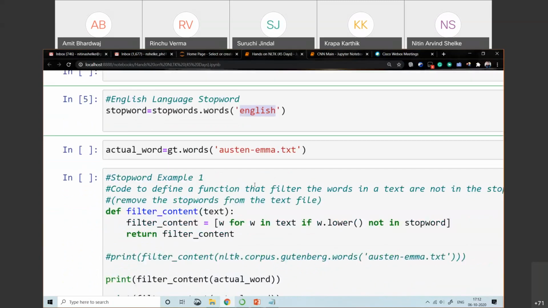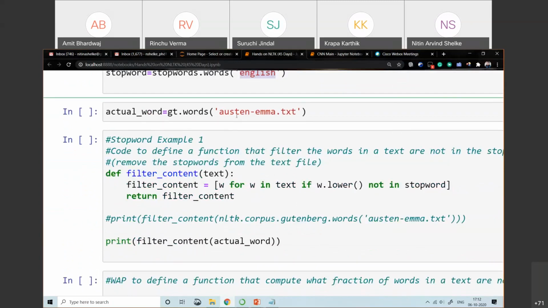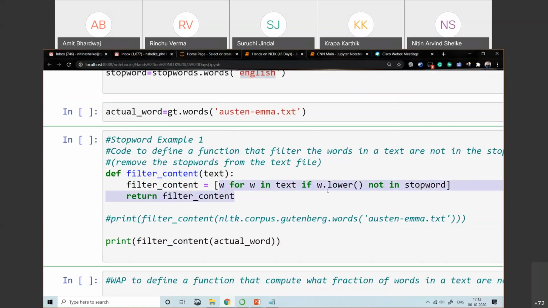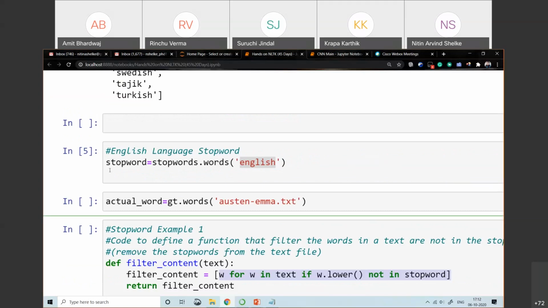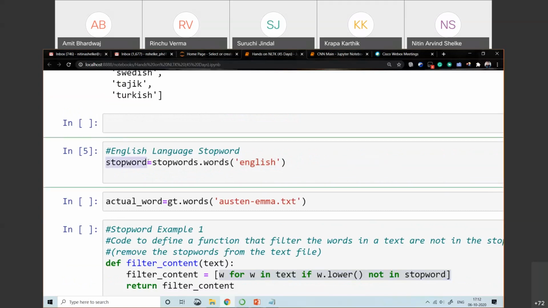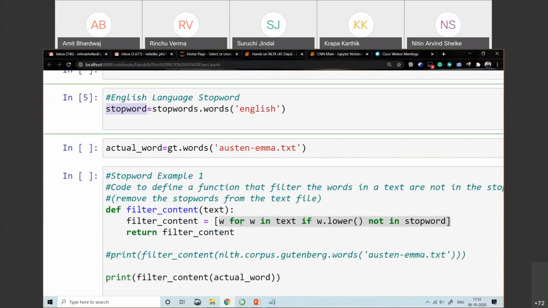Now, we discussed one example in which I took the austen-emma.txt file, which is present in the Gutenberg corpus, and I filtered that file. Filtering means removing the stop words by using this line of code: w for w in text if w.lower() not in stopwords. So we find the stop words, check them, and filter the content of the file.